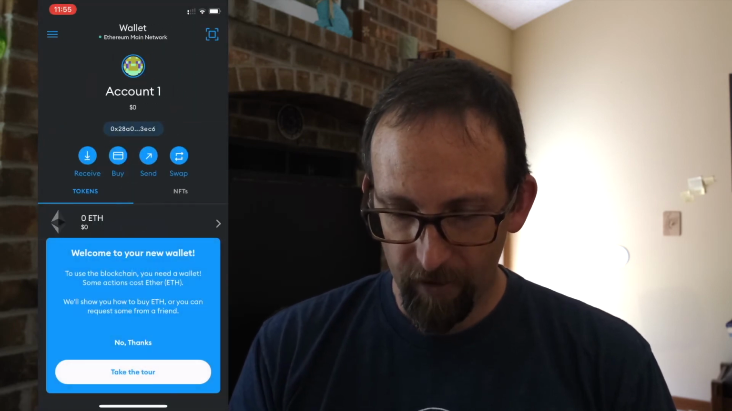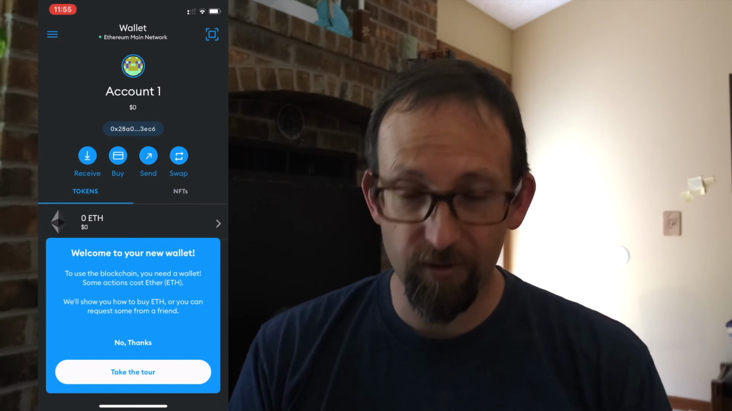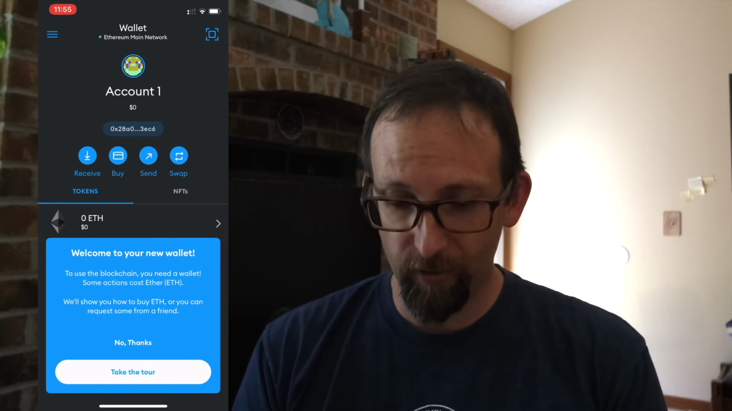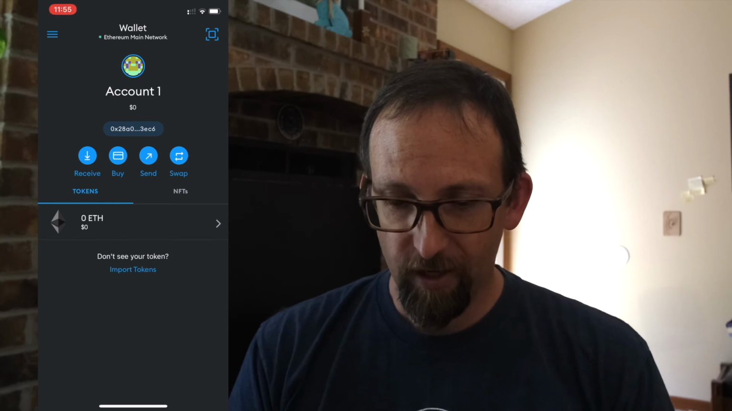So I'll hit next. Oop, passwords don't match. I was talking and made an error. Okay, passwords match. I'm also going to let the app unlock with my face. So I'm going to go ahead and click import. It says, do I want to allow it to use Face ID? I will. Okay, so now it offers to give me a tour. If you've never used the mobile app before, I recommend you do that. I'm going to hit no thanks. All right, so